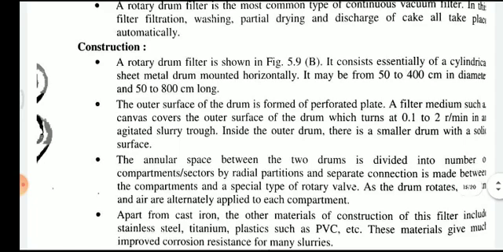So construction per se consists of a cylindrical sheet metal drum mounted horizontally. It may be from 40 to 50 to 400 centimeters in diameter and 50 to 800 centimeters long. The outer surface of the drum is a perforated plate. A filter medium such as a canvas cover is on the outer surface of the drum, which turns at 0.1